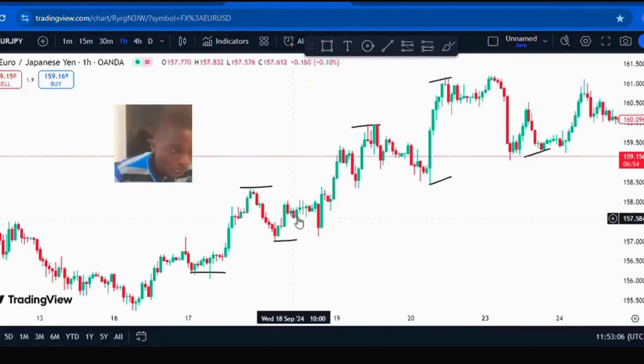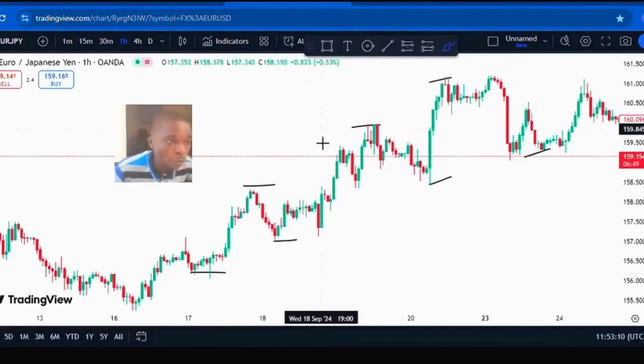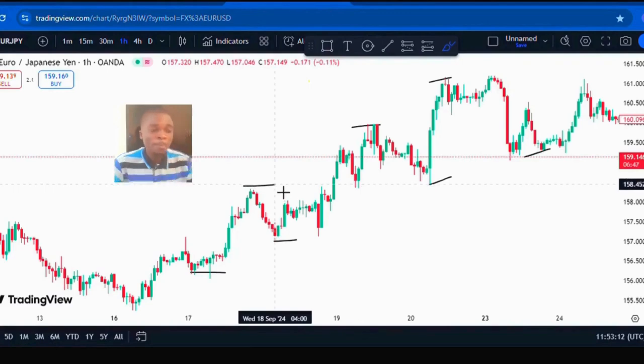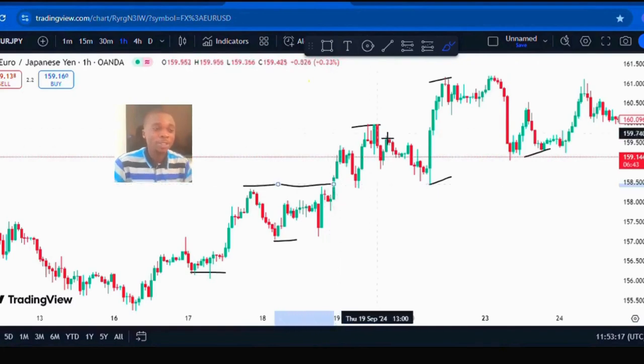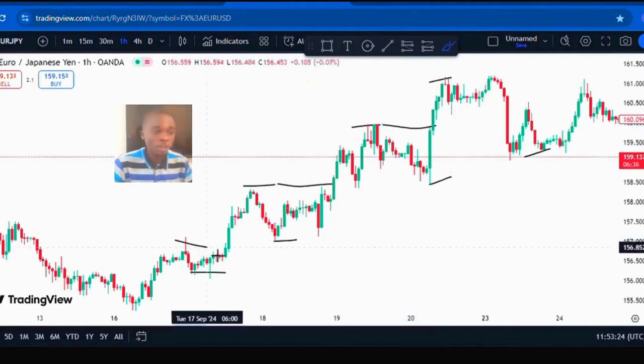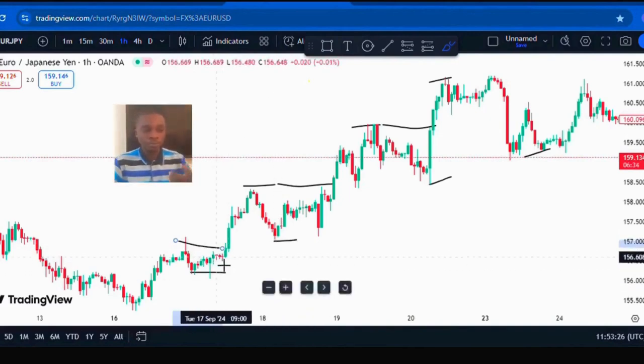Now if you mark at this point, mark this level, you should mark. Now if you mark this level, you can see that each time the market went up, it kept breaking the resistance. You see that it keeps breaking the resistance level. You can see it keeps breaking, just like this. It keeps breaking right from here. It broke,